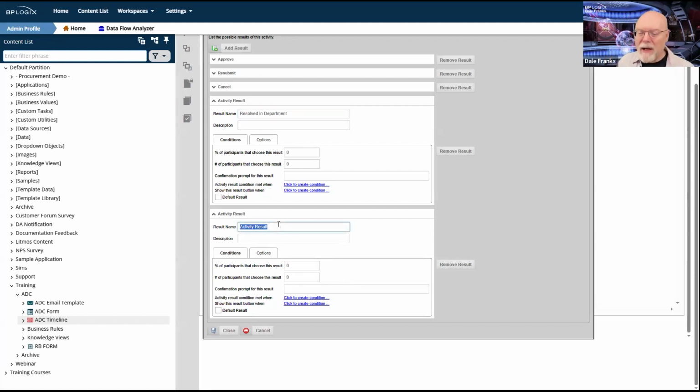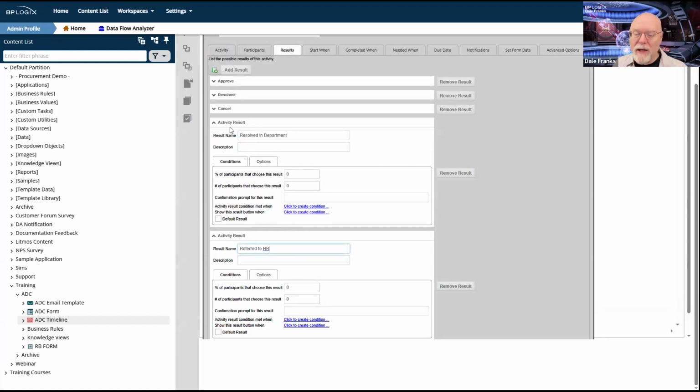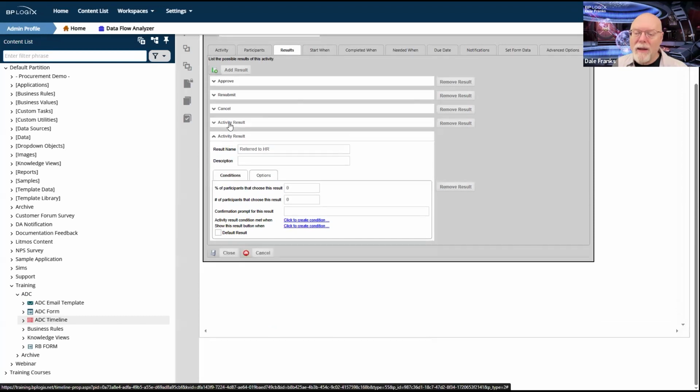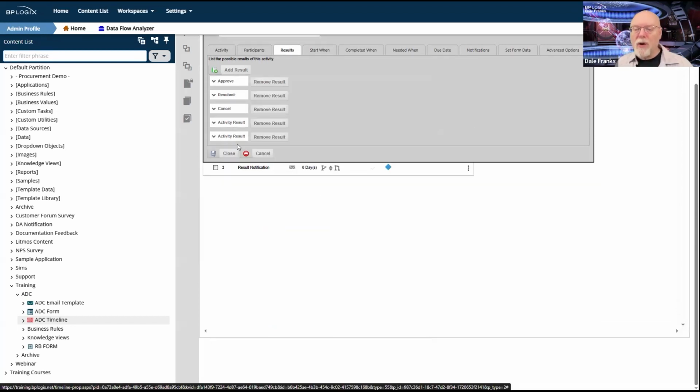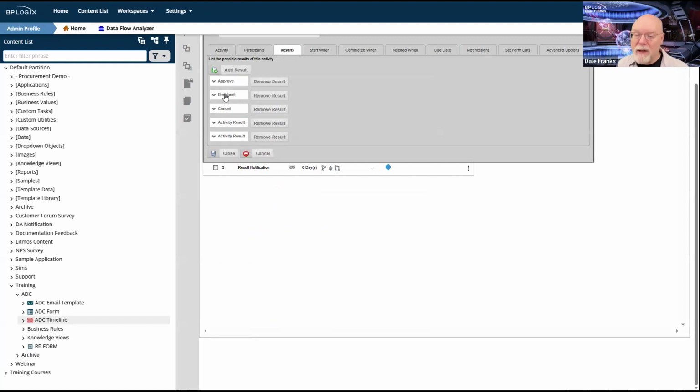And then I'm going to need another activity referred to HR. Okay, so complaints are going to be handled differently. So far, I've got 5 different activities, and I have to figure out when these activity results will be displayed based on the type of activity it is. And I'm also going to have to do this, by the way, in the supervisor activity as well.